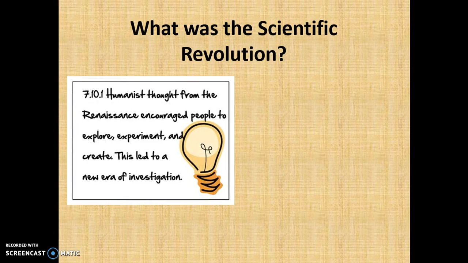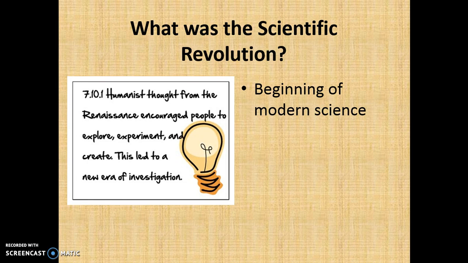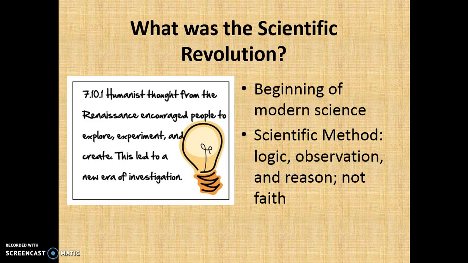First, we will discuss what the scientific revolution is. The scientific revolution marks the beginning of modern science. It is also when we introduce the scientific method, the idea that when we make an observation about a problem, we use logic to come up with a hypothesis, then we test that hypothesis and use data to come up